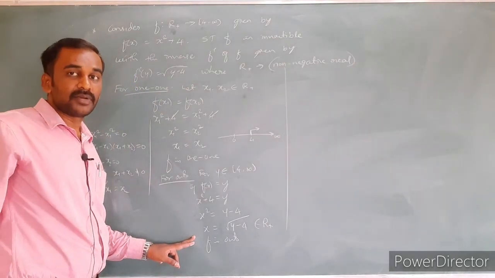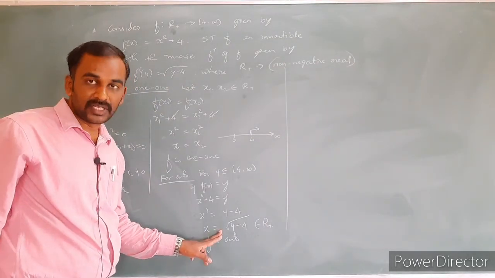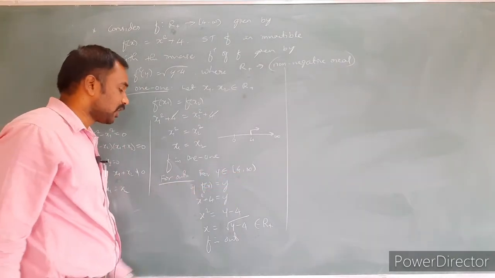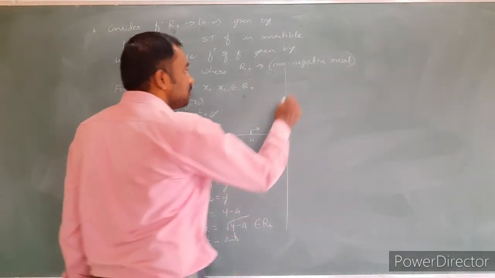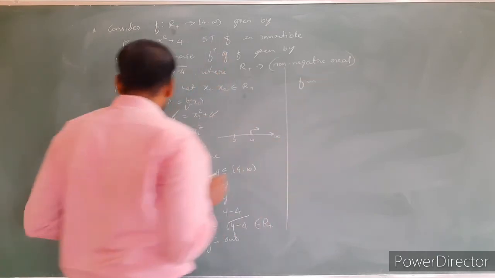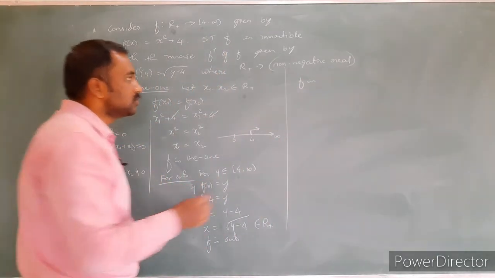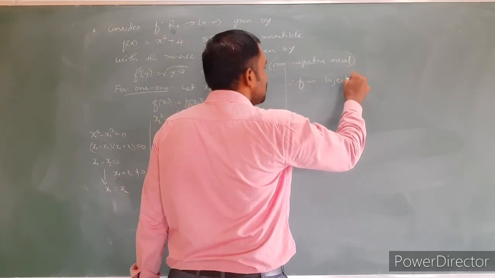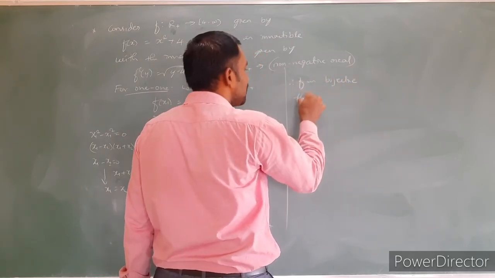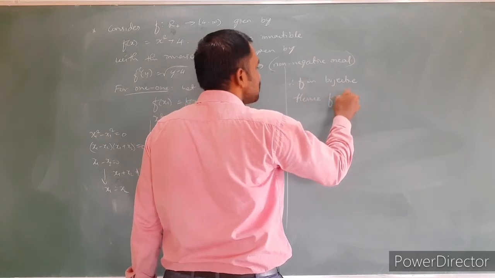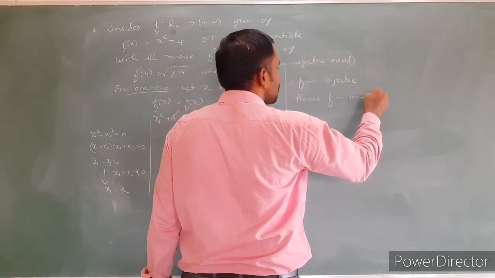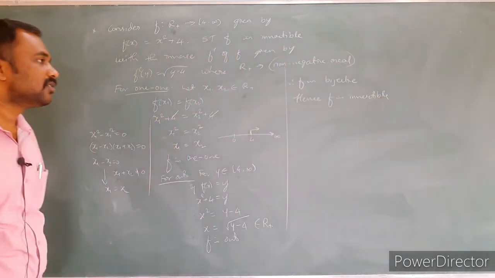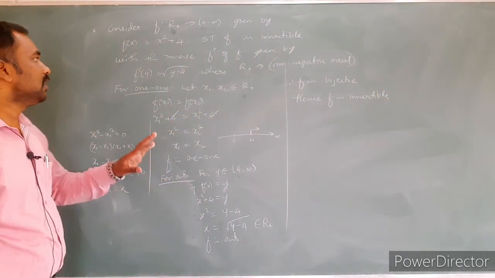Why is it not plus or minus? Why is it only plus? Because y is a positive value. Okay, f is onto. We got f is 1-1 and f is onto, therefore f is a bijective function. f is bijective, hence we can conclude that f is an invertible function. The inverse exists, therefore f is an invertible function.